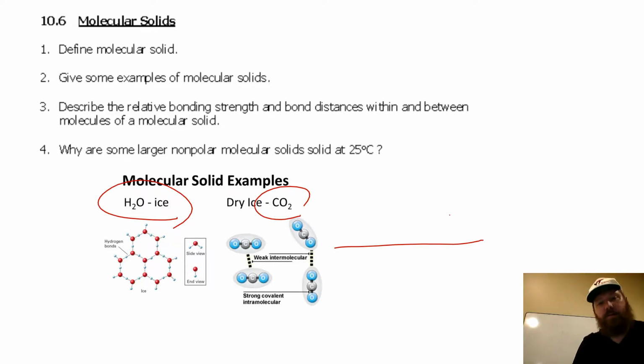What type of intermolecular bonding do these two molecules have? I'll pause while you think. That's right. If you said hydrogen bonding for water, good job. If you said London dispersion forces for carbon dioxide, good job. It doesn't hurt to draw the molecules. I'm not going to draw water. You probably could do that one on your own. But carbon dioxide,